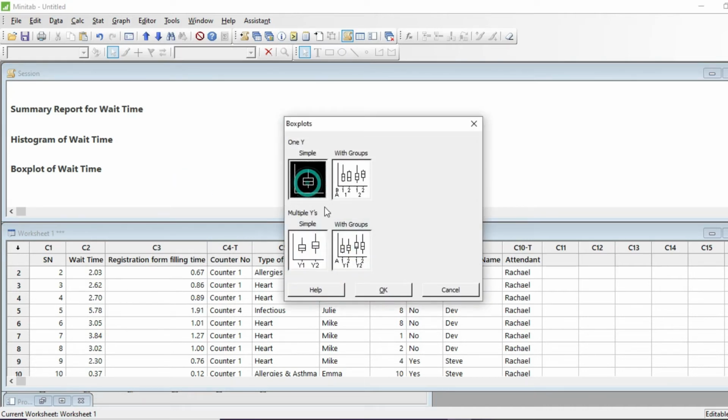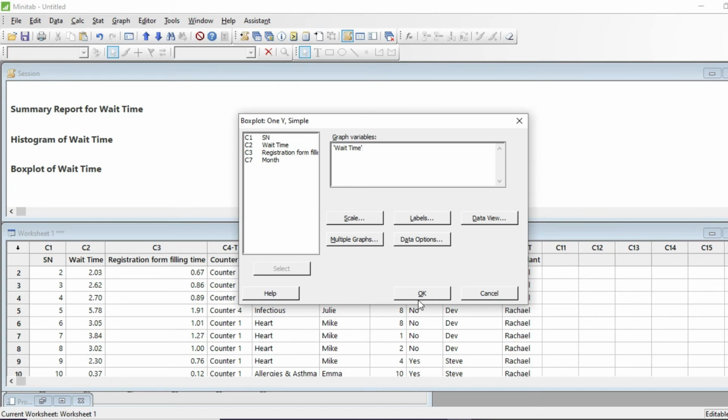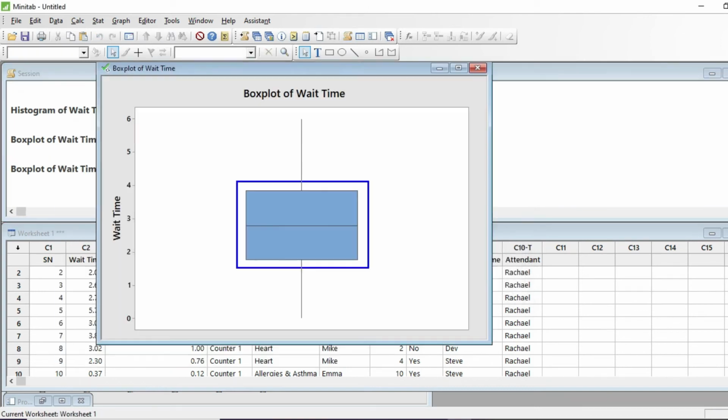First I will show you a simple box plot. Select the wait time and I click OK. So what you see is a box plot, and this area is known as a box, and these two lines from the box are the whiskers. This particular point is the percentile 25, which is the 25th percentile, and this is